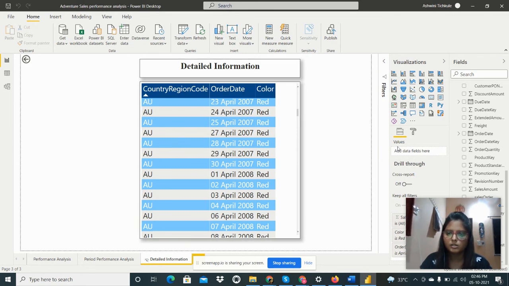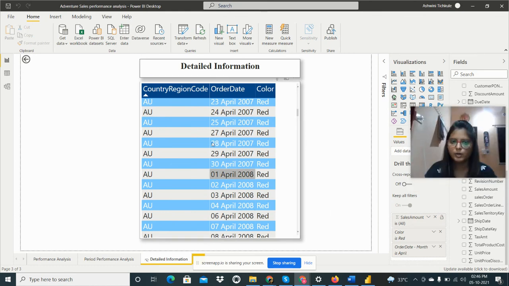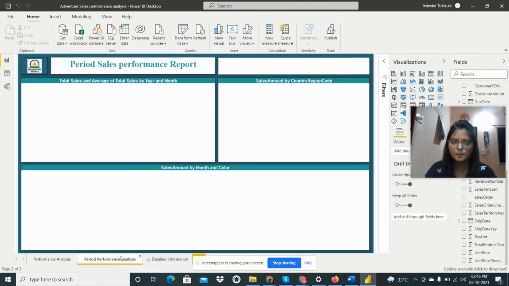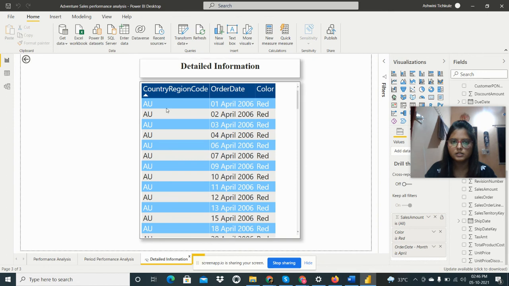So drill through. How to add the drill through? I will show you. I need to add a drill through on this chart by sales amount. Okay. So I need to create one drill through chart, like one visual for that, and then on this page I have to add the sales amount here.